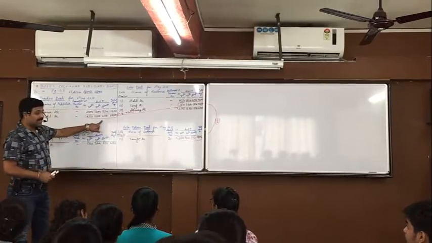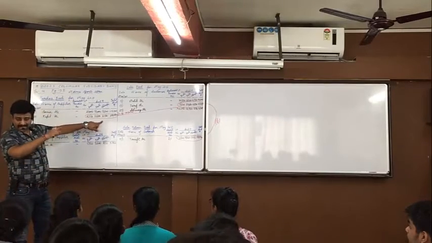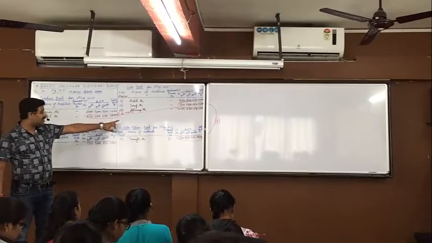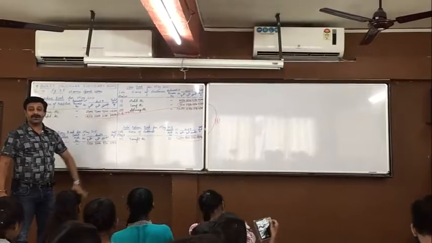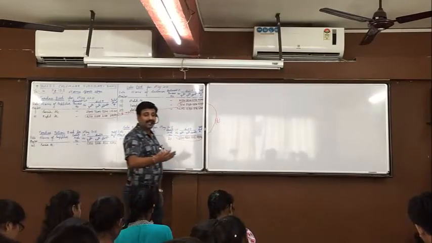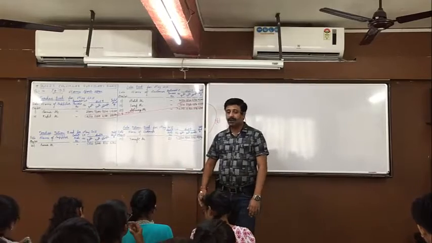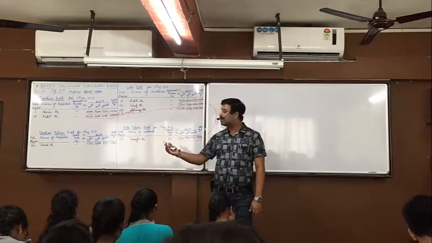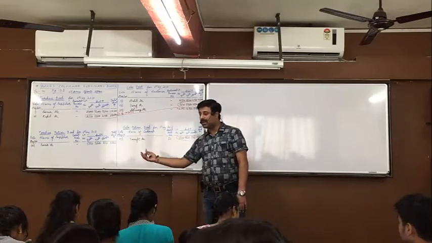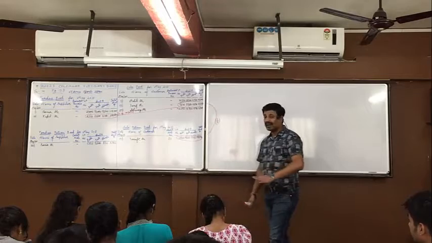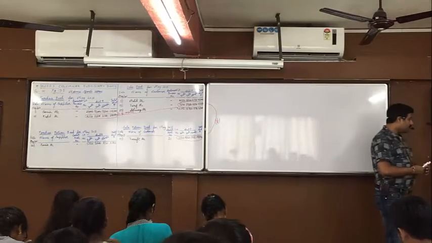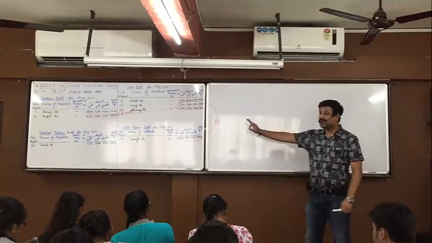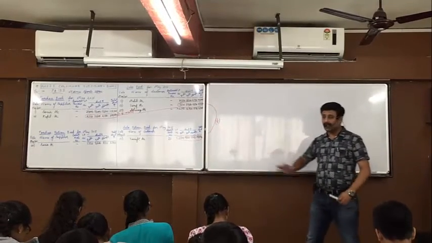Do one thing as I have done it with red pen. You also show it with pencil so that whenever you revise, you are able to understand how these amounts are obtained. First we have divided by 2 and then we have added 20%. Because it is given in the question half. If it is given 1/3, then you will first divide by 3 and then add 20%. If it is given 2/3, then you will do into 2 by 3 plus 20% and so on. So language may differ from question to question. All are clear up to here? Anyone who wants me to explain 25 again? Look at the next one now.